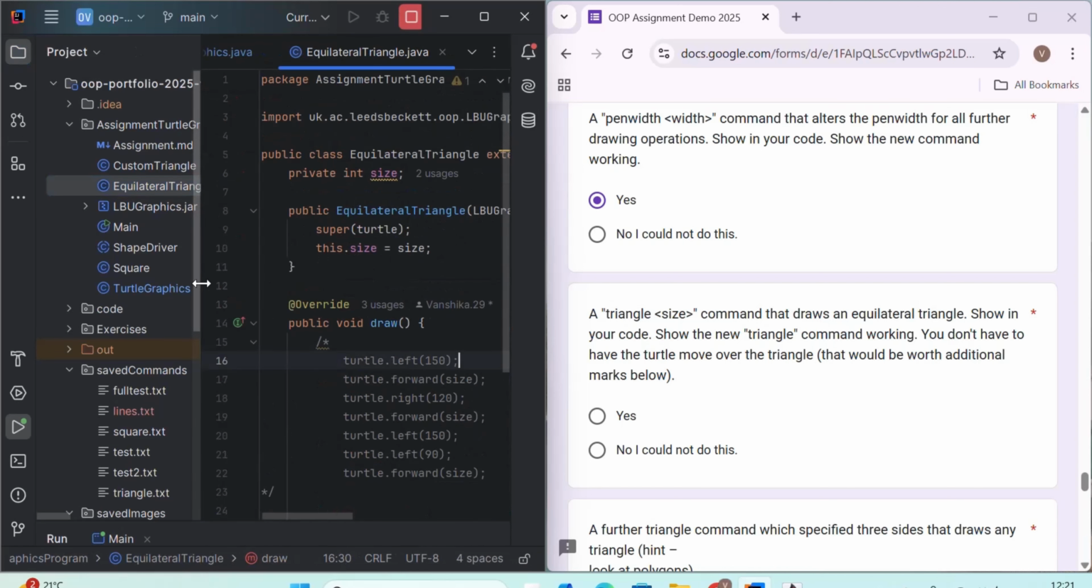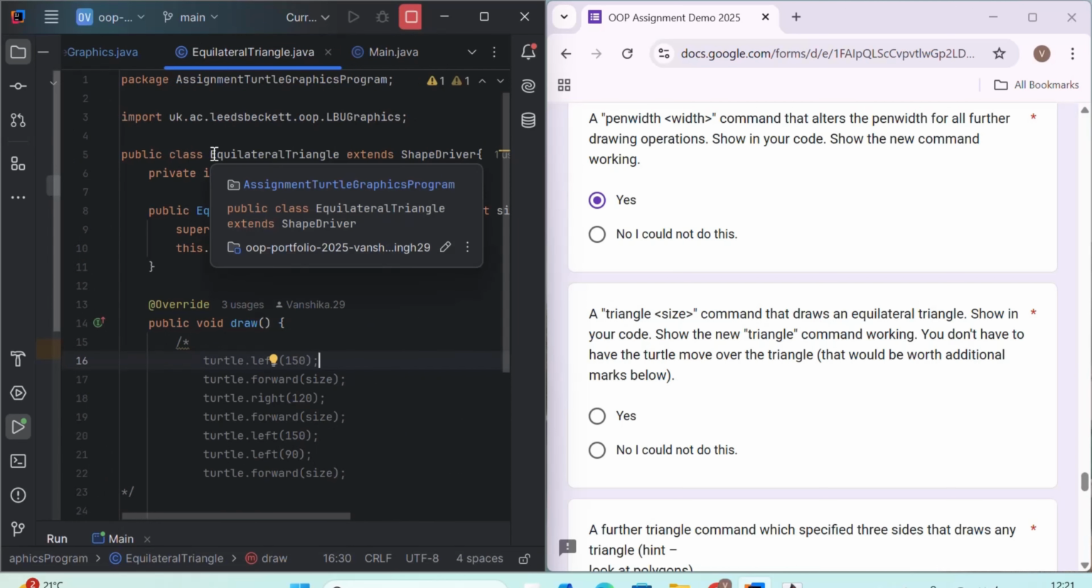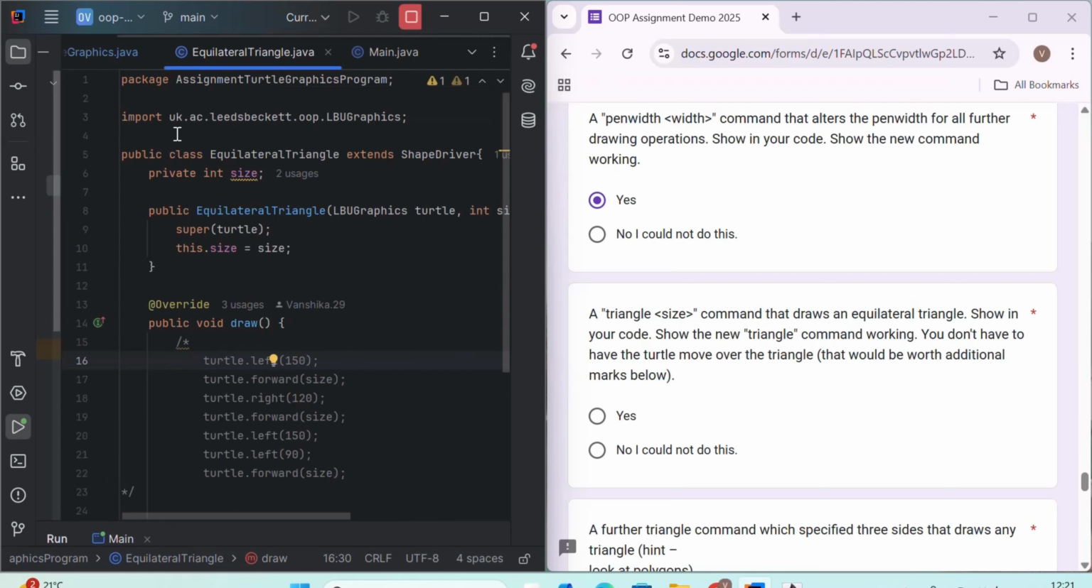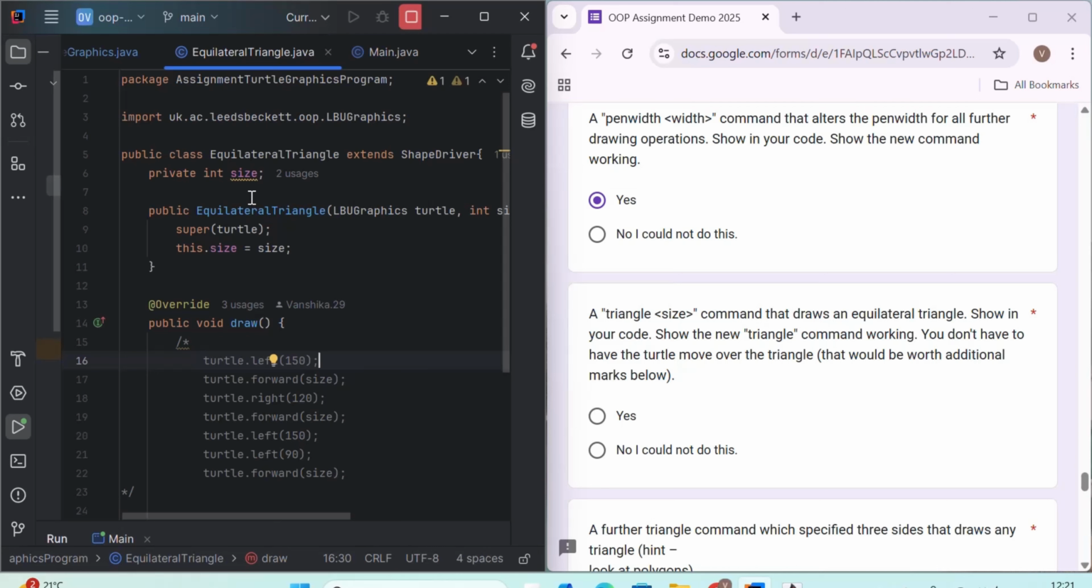Okay, so let's just go on to this. What I've done is I have my size, which is going to be the length of my triangle, and what I've done is